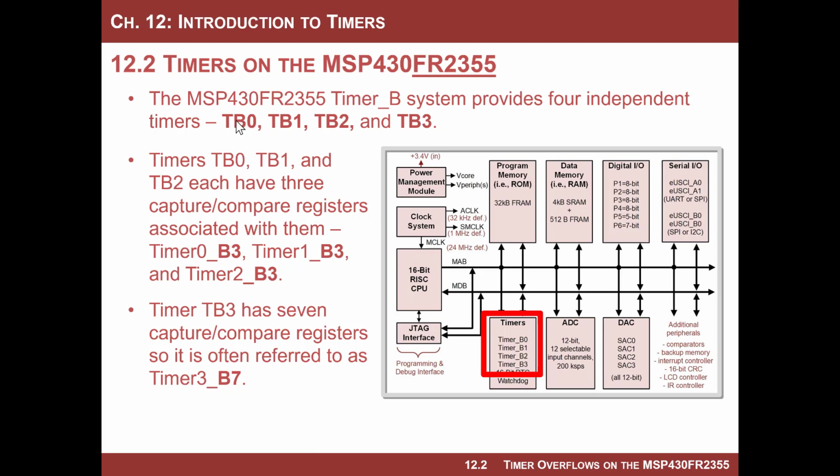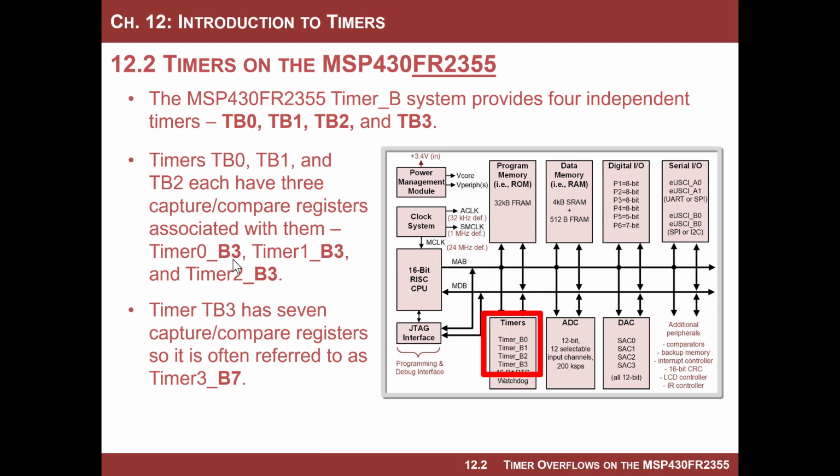You just get used to looking at it. So when you see this terminology, TB0, just 3 letters by itself, that's talking about timer system 0 within B, timer system 1 within B, timer system 2 within B, and timer system 3 within B. Then when you see the timer 0 underscore B3, that means it's describing some of the characteristics or capabilities that